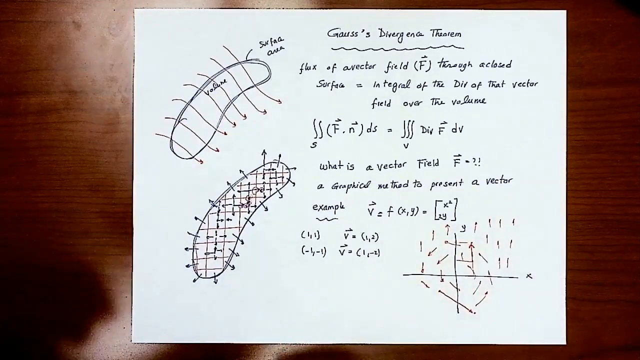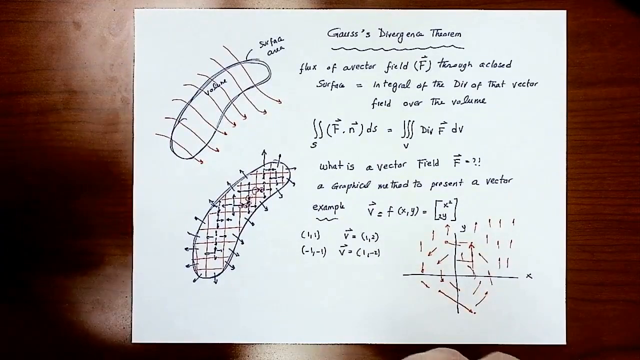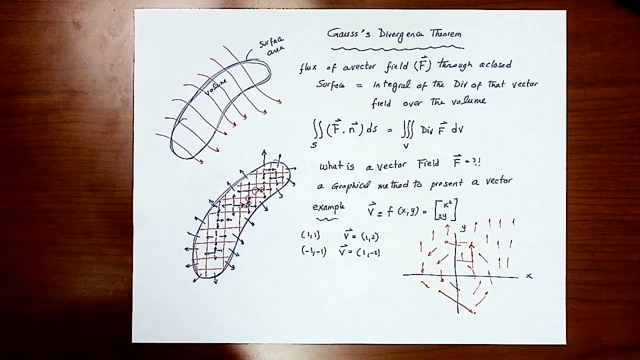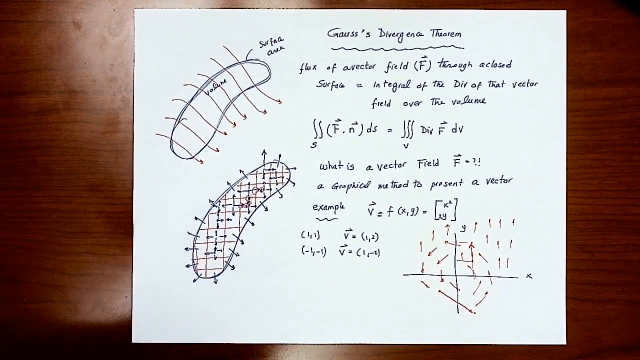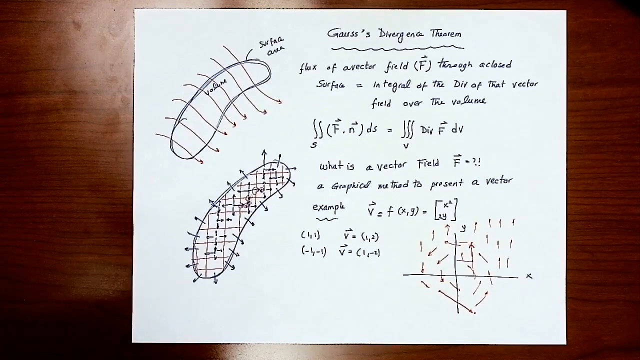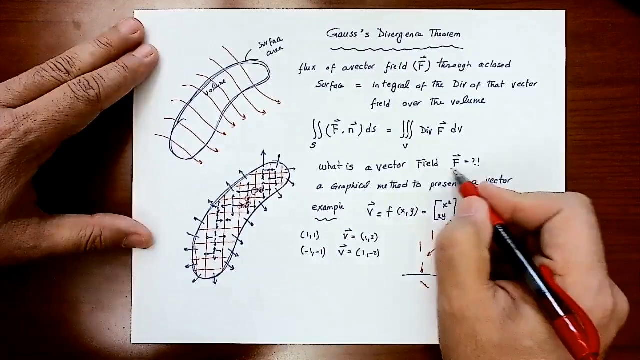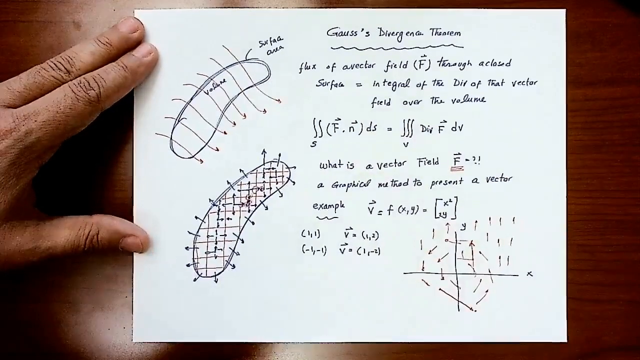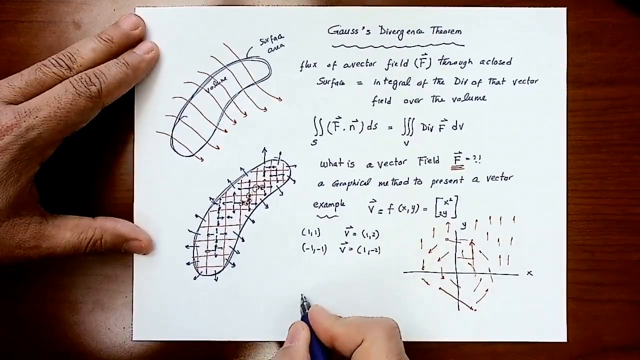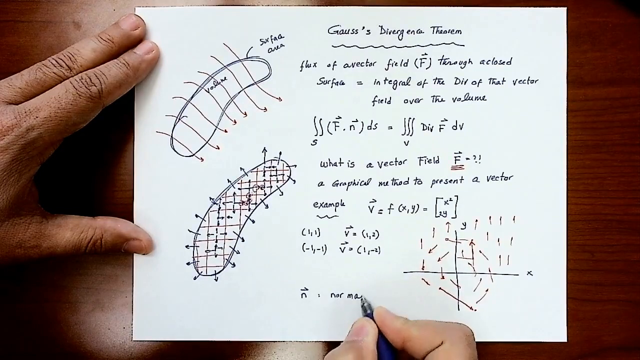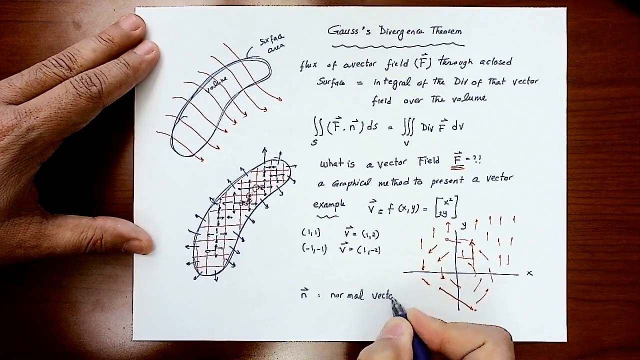It's a graphical representation of any vector. And I'm sure you have seen that a lot in physics and fluid mechanics courses as well. So that's the definition of the vector field F. What is n? n is actually a normal vector